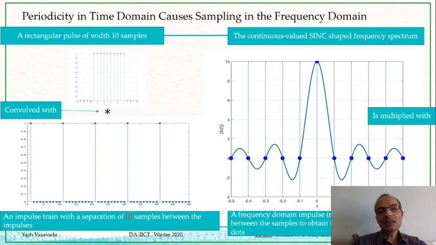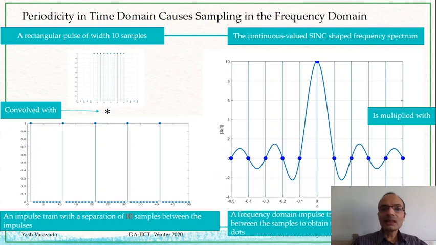In this case, this rectangular signal was getting repeated one after another without any dead or blank period in between. That is because the separation between the impulses here was exactly the width of this rectangular pulse, which was 10